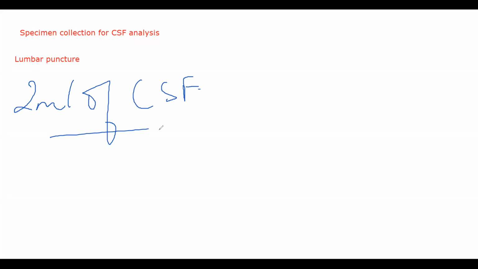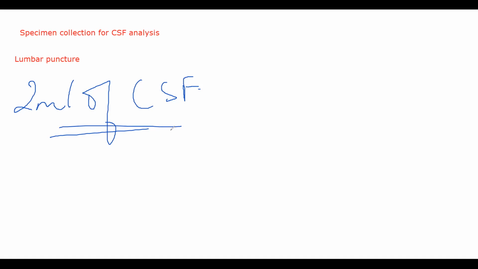Most of the tap, ये लोगों को spinal tap बोलते हैं या CSF tap बोलते हैं. It is done by lumbar puncture. More often than not, the most common procedure that you will see is lumbar puncture. Nowadays, it is rarer to find people doing cisternal punctures or doing lateral cervical punctures. The risks are comparatively more, and it is more uncomfortable for the patient as well. Lumbar puncture is much easier. Okay, much more feasible as well.